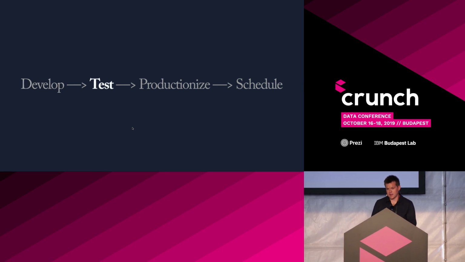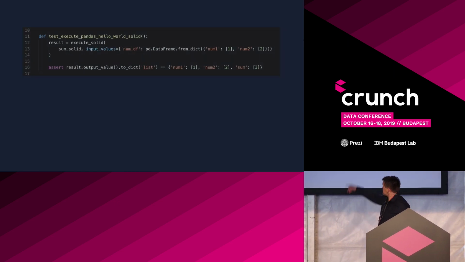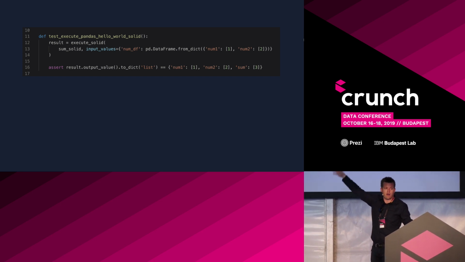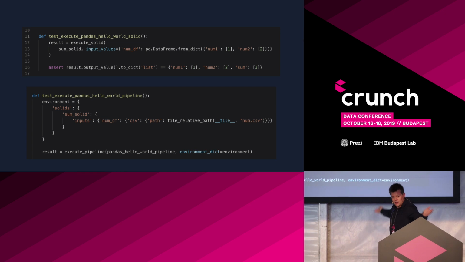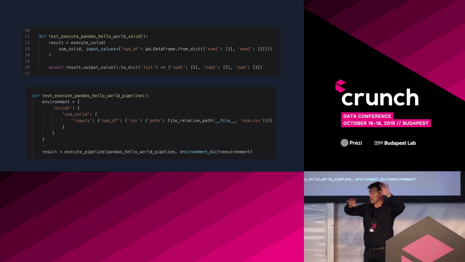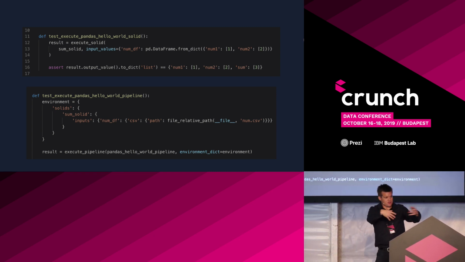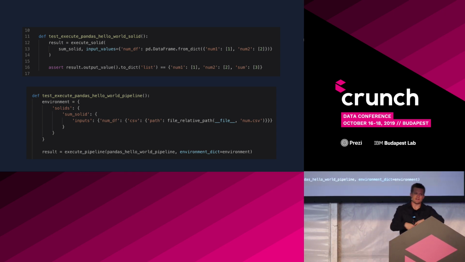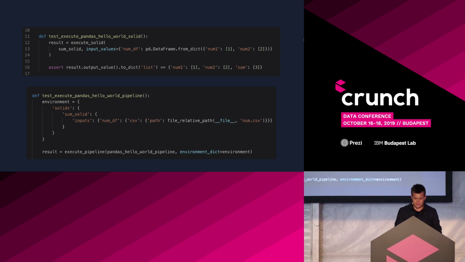And what that allows you to do, to go back to the presentation here, so now we move on to test. I'm not going to dig into this that much, but we provide a bunch of nice in-memory APIs. So you can just, within our runtime, execute a solid on its own, or execute a pipeline on its own, right? And what's nice about this is that the system mocks up all the internal infrastructure needed to run this thing. So these runs have no dependencies on any external runs database or anything like that, right? But it's still executing in the context of our runtime.